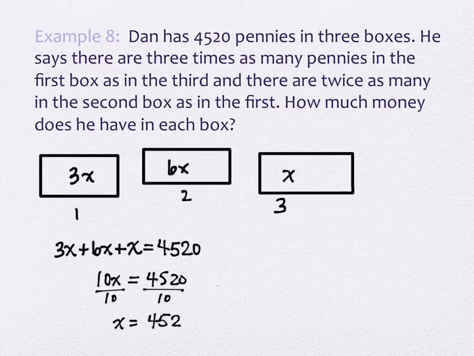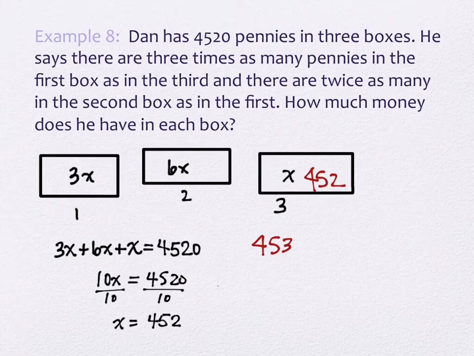Now, we solved the equation we created, but we need to make sure we answer the questions we were actually asked. What is the 452 so far? What piece of information have we found? Yeah, we found out how many are in box 3, right? So there are 452 in box 3. Now what? If I multiplied that by 3, so